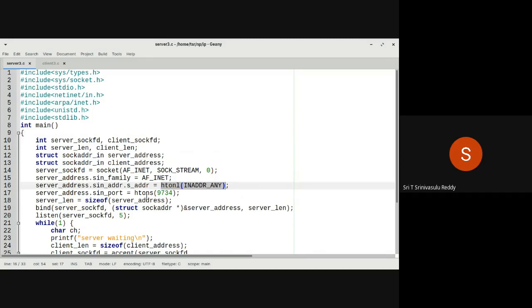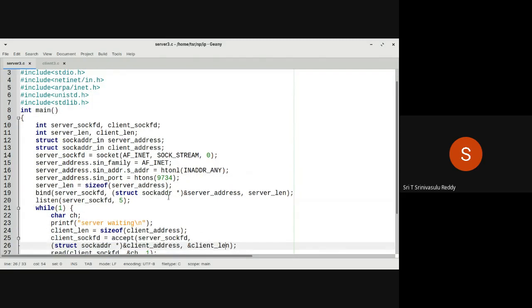Similarly, port number, you have to convert that: H2NS of 9734, whatever number. This port number is up to you, except that server and client both should know and use the same port number. Then only IPC will happen between that client and this server.